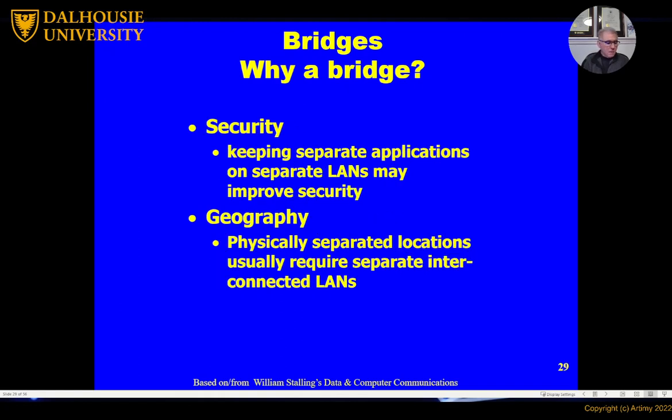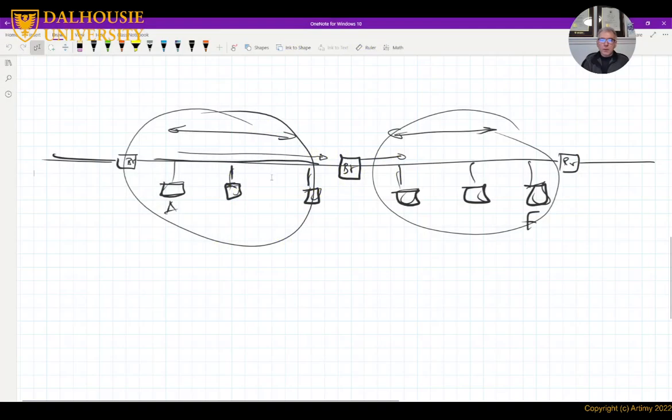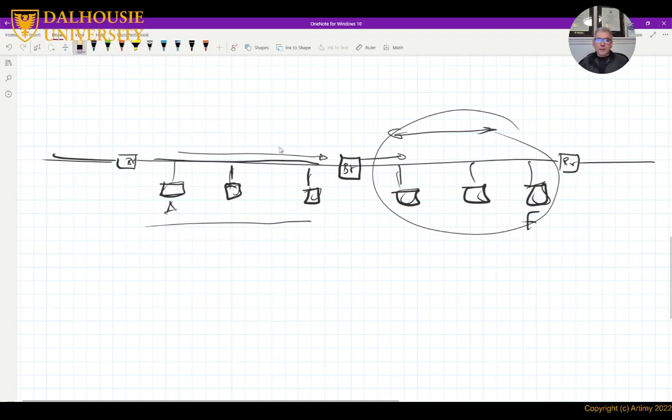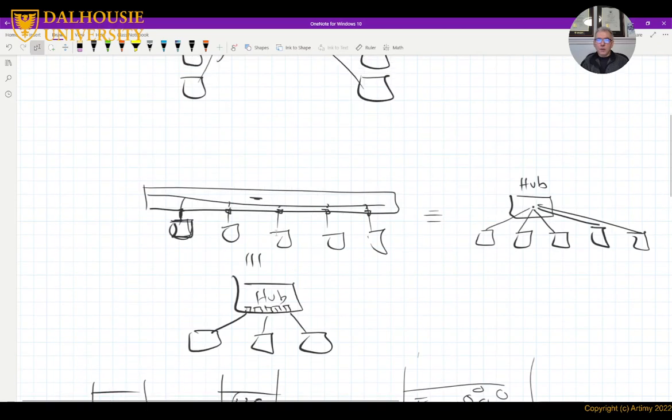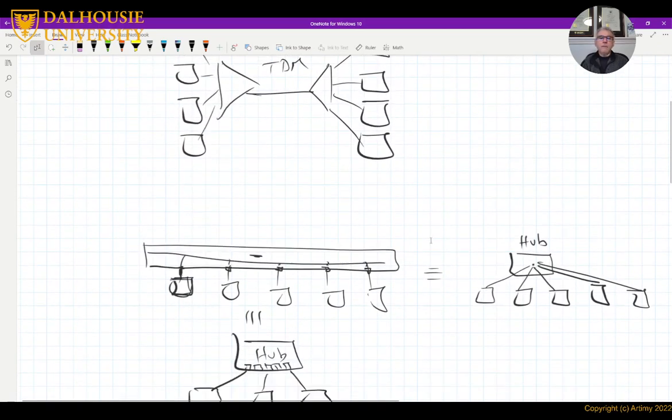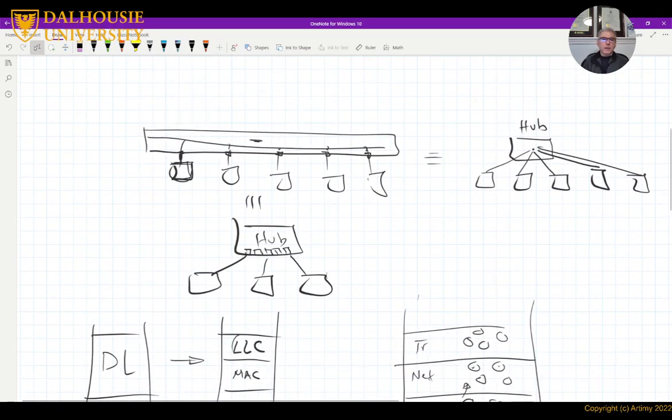Security, important as well, because now each one of these nodes or segments, their traffic is isolated from the others, right? We saw earlier that if one node sends something, everybody listens. That's the nature of the network.